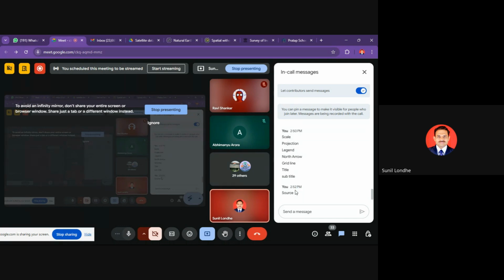So these are the minimum things, I think, which we should have on our map. Clear? Without map elements, a map is useless. It is as simple as that. No map will be meaningful if you don't have the basic elements. If the scale is missing, the map will not be useful. If the north arrow is missing, the map will not be useful. Fine. So now